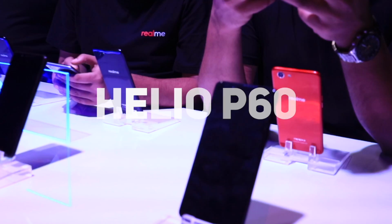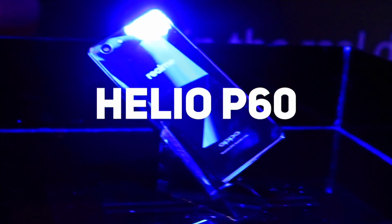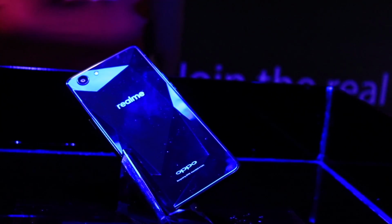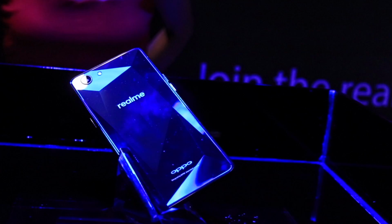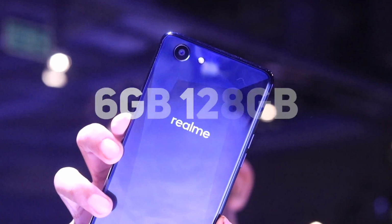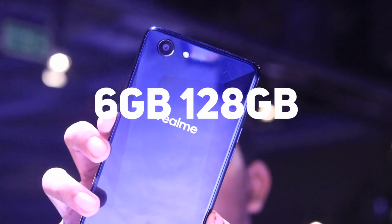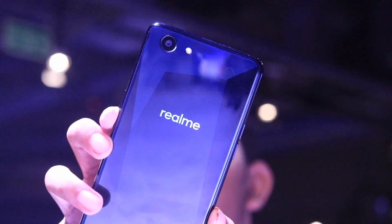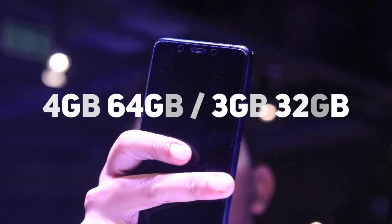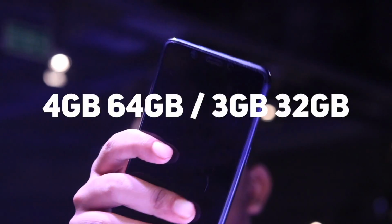So the RealMe 1 features a glass design and feels really premium. It packs a MediaTek Helio P650 processor, which is among the newer ones in their lineup. The device I am having in my hand packs 6GB of RAM and 128GB of internal memory, which is expandable up to 256GB via a micro SD card. This device also comes in two other variants. One is with 4GB RAM and 64GB internal storage, and another one comes with 3GB of RAM and 32GB of